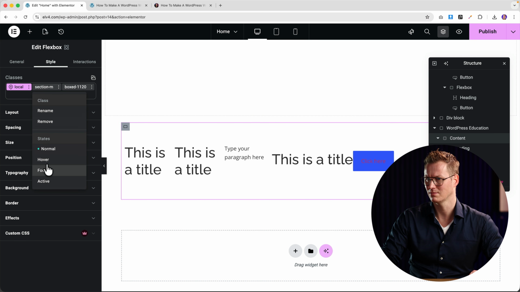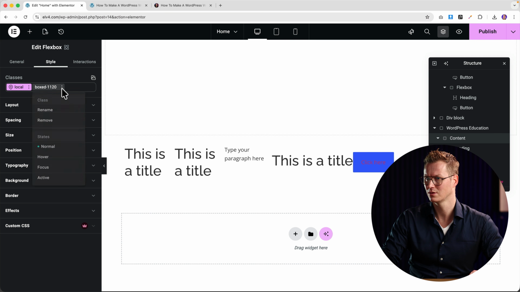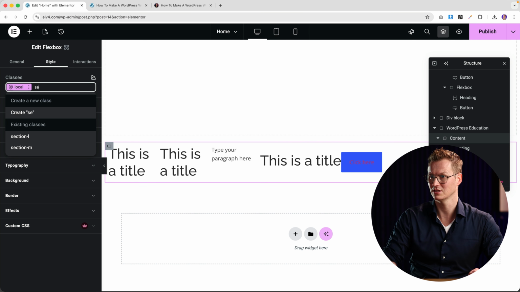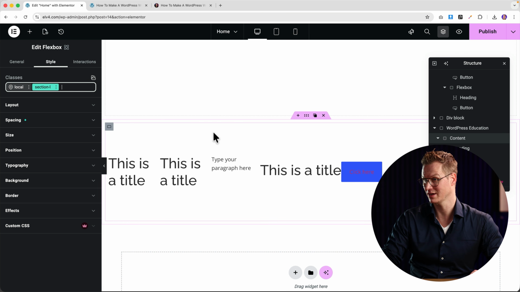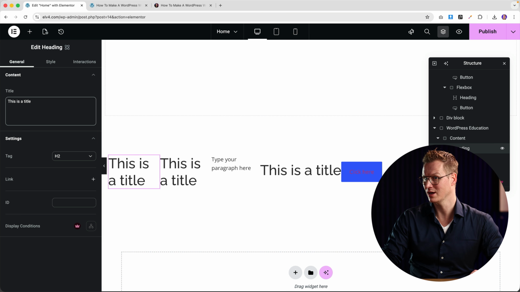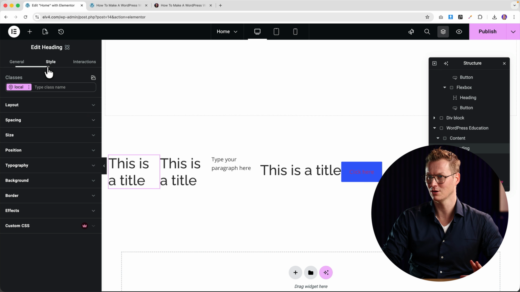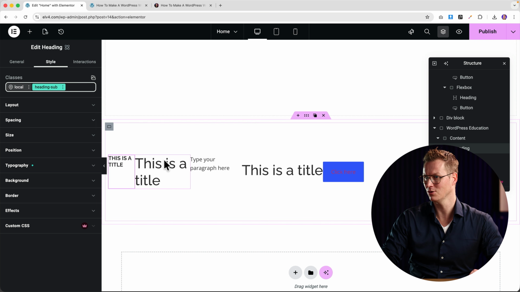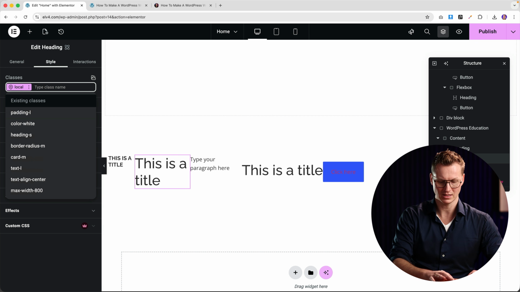Let's get rid of everything. Remove. Okay, I start from scratch with content. Then I say section. I can go for L, so I have extra space over here. Then I go to the heading. Of course, I can change it. Let's focus on the style. So I say this is a subheading, heading sub. There you go. I go over here. I say this is a heading